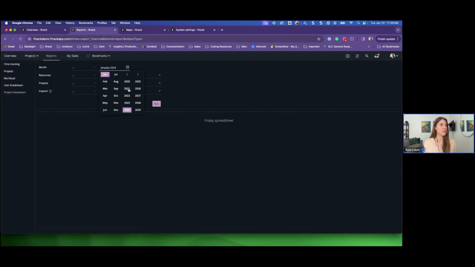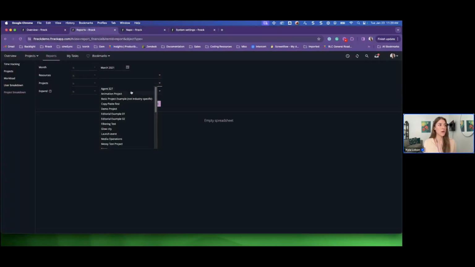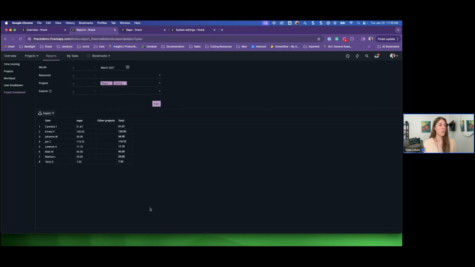So we'll go again to a specific month. You can filter on specific resources if you're just looking for specific artists, but you can also leave this blank. Same thing with the project. So I can select a specific project if I want, or multiple projects even. Or I can leave it blank as well. And I'll show you what the expand does in a second, but if I just run this first, what you